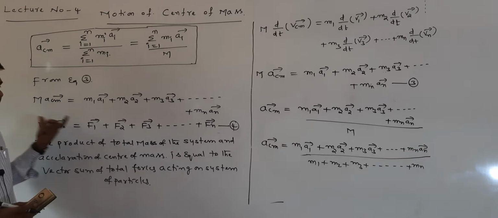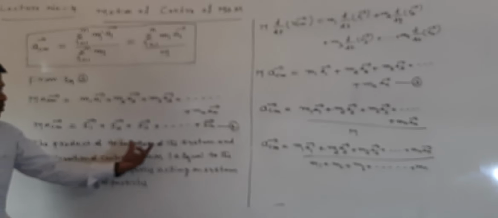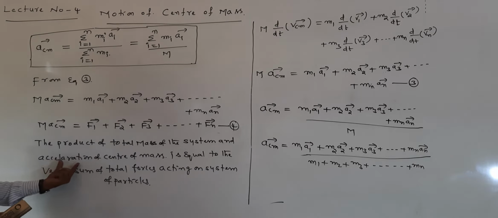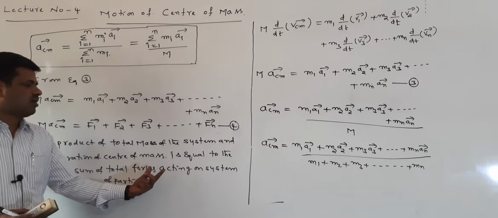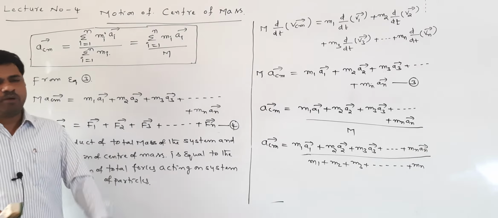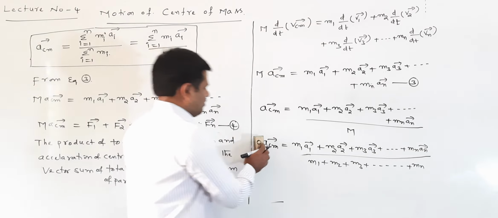From this equation we conclude that the product of the total mass of the system and the acceleration of the center of mass is equal to the vector sum of the total forces acting on the system of particles. Right. Next,